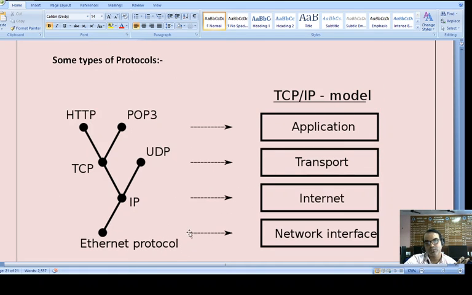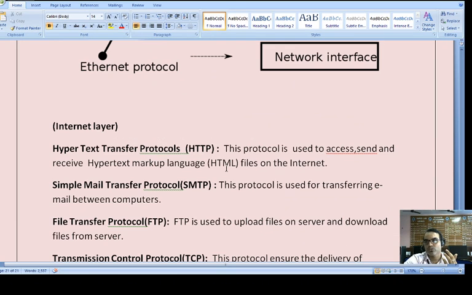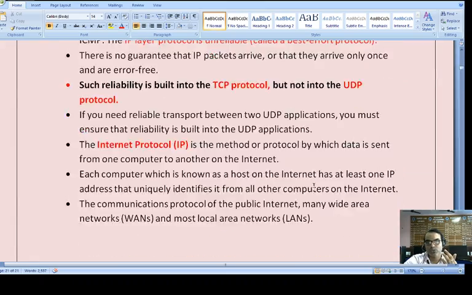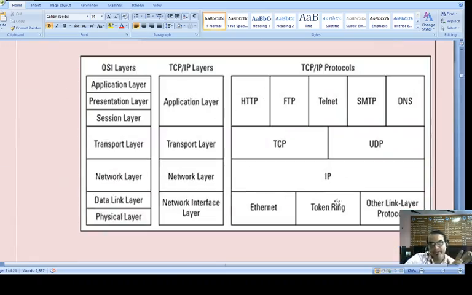We have the internet protocol, IP, then TCP and UDP. Then at the application layer we have HTTP and POP3. So I'm sure with this you are able to understand how all the layers work. Now, how has the OSI model changed? The OSI model has the physical layer, data link layer, network layer, transport layer, session layer, presentation layer and application layer.